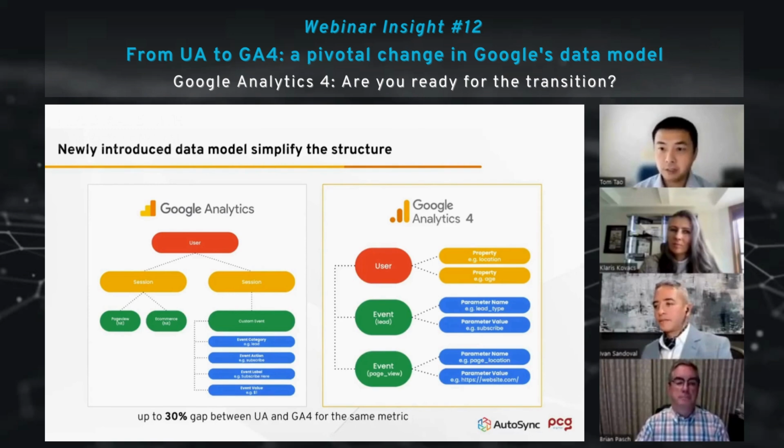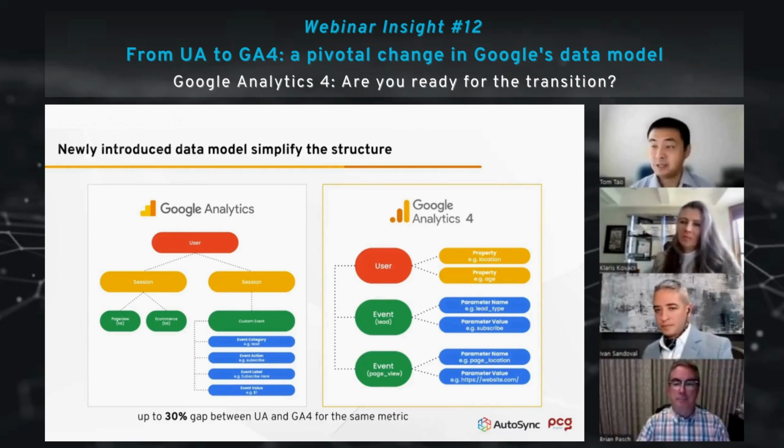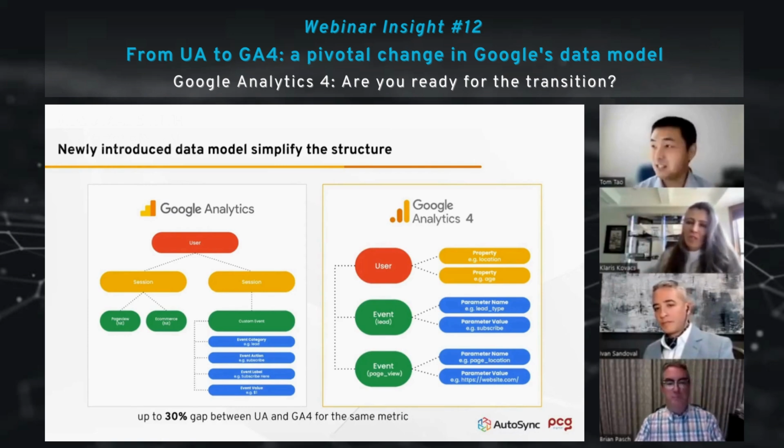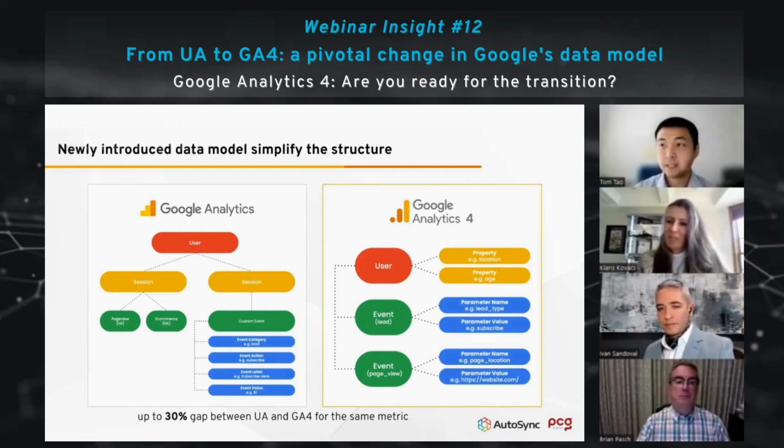In GA4, everything now becomes an event, as you can see in the green. These are all the fundamentals of the automotive console standard, which defines how those events need to be tracked. By removing the session layer and making it all an event-driven data model, Google Analytics has become a lot more modern. I say modern because Google Analytics also has competitors, like Adobe Analytics and Amplitude, which are all event-driven. The simplified data model also makes it easier for people to understand. So we've gone from vertical to more horizontal when it comes